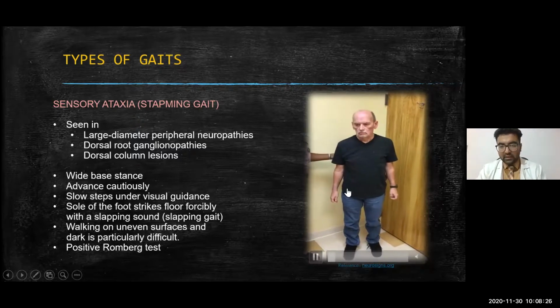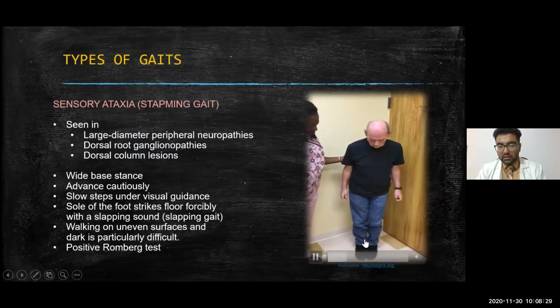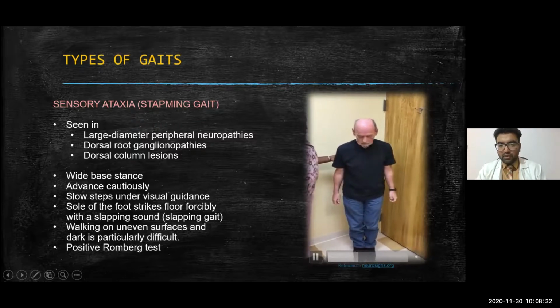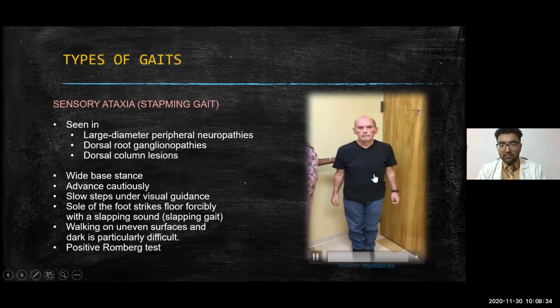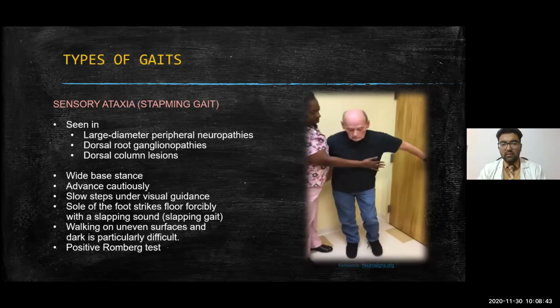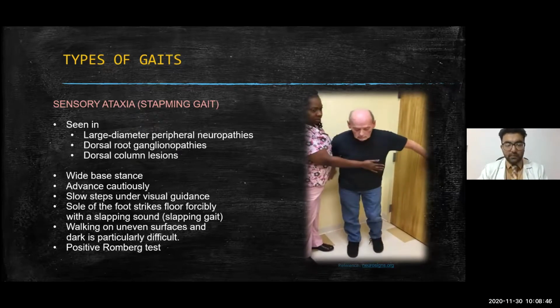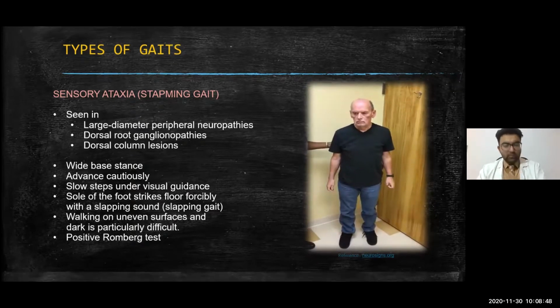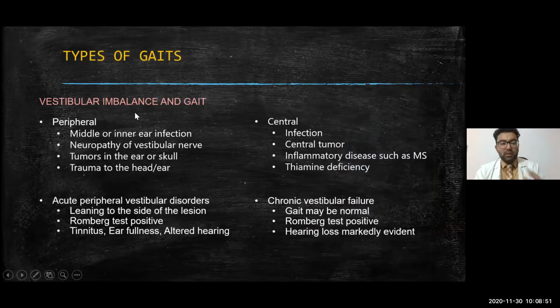So over here we can see that when we ask a patient with the feet close together, they do not have any difficulties. But when we ask the patient to close the eyes, see, now the patient will feel unsteady. The same thing happens with the vestibular system if somebody has a problem with the vestibule. So basically, whenever anybody has a problem with the vestibule, the cerebellum relies on the other two components, visual inputs and proprioception.